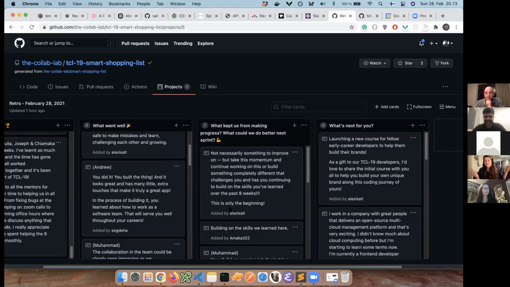Kind of weird to apply to this retro, but in terms of not making progress, just remember to take this momentum that you have right now after finishing this app and really starting and completing something from 100% start to finish. Take that momentum and continue building on it. So if you continue building on this app itself,